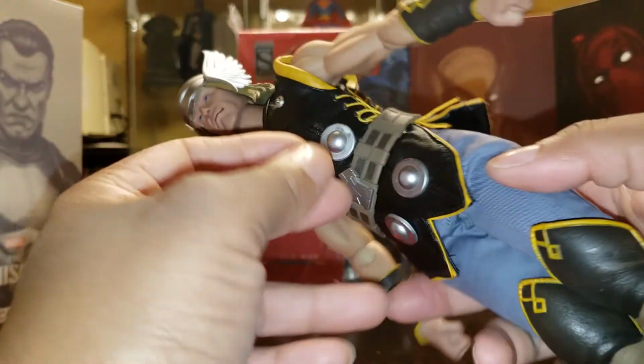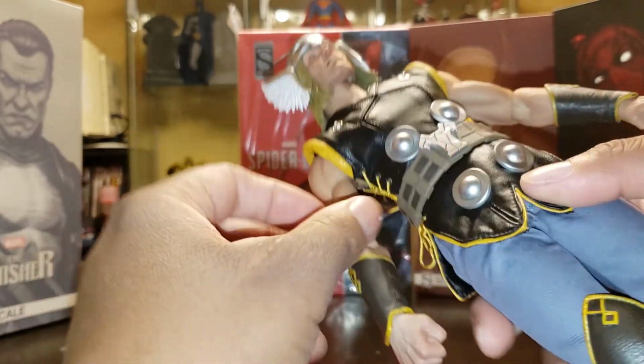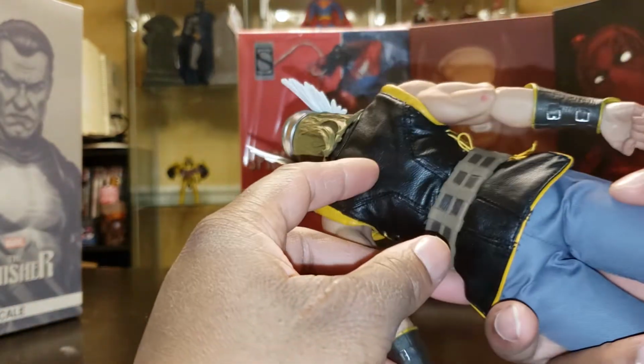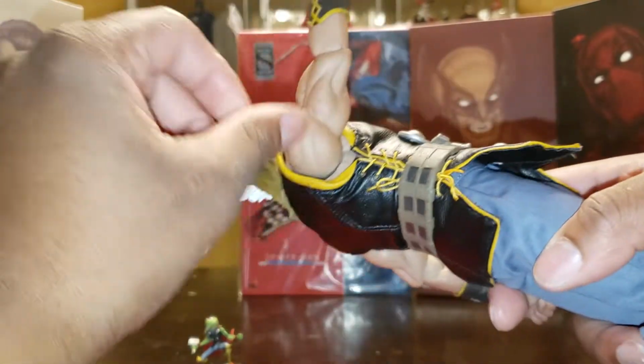The belt goes around the back. It looks like the belt's connected here in the front. You can probably take it off. I don't want to futz with it now. When I'm ready to swap out the body, if I choose to, then I'll get on it. But I most likely will. The thread,